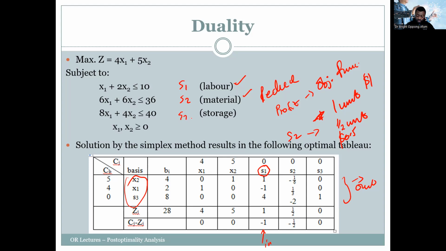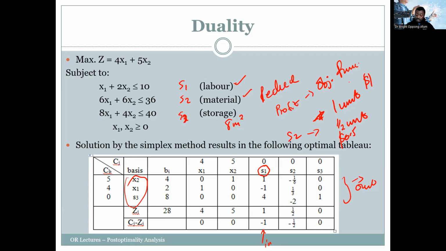However, we have S3, a surplus of 8. You see, space left, right? So it means that if S1 enters the basis, it is analogous to a reduction in the use of labor by 1 unit. So if S1 goes into solution, we are reducing the usage of labor by 1 unit, right? So assuming that one of your laborers is not coming to work,